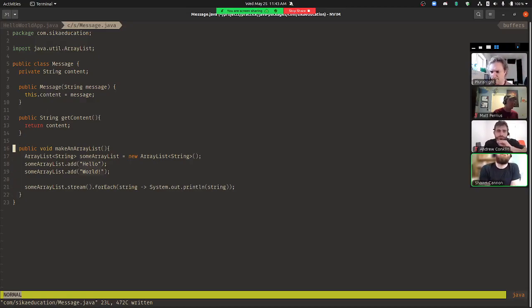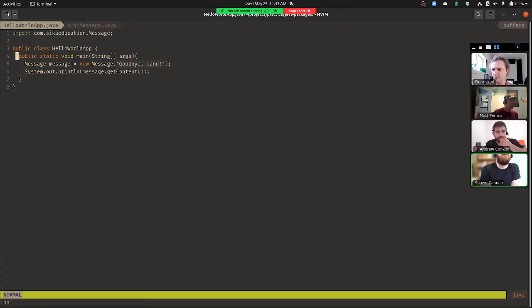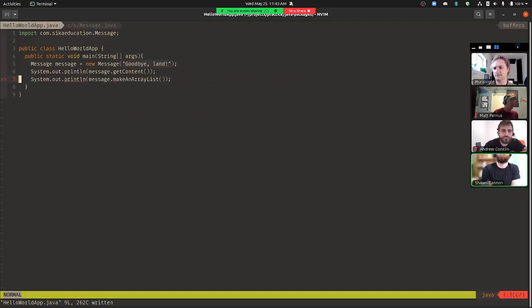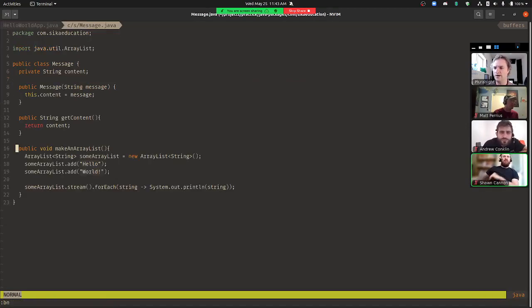So this is the make an array list method over here. So if I do make an array list, why is it mad about this? Oh, it got something back and it doesn't like that. Does it say it was a Boolean?